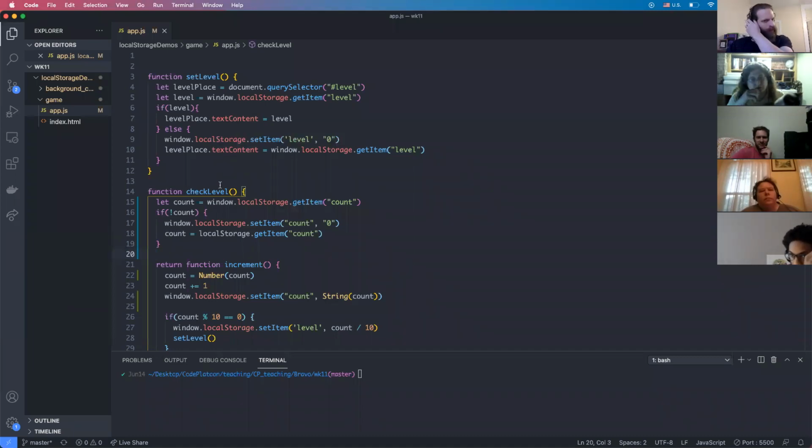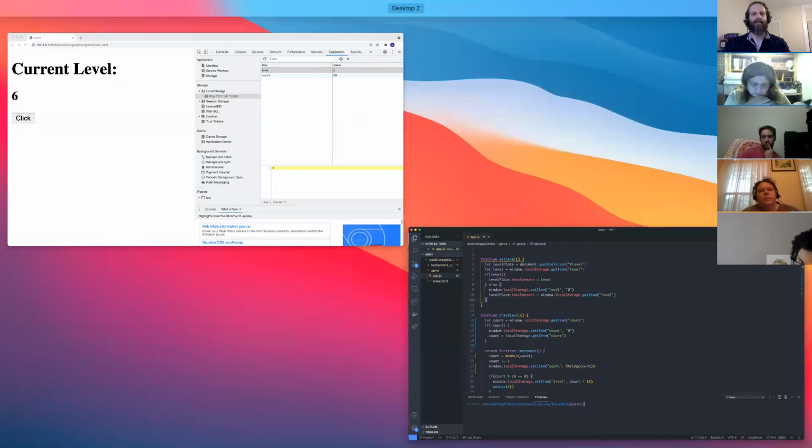So you can play with it. It maybe seems like a complicated idea, but it's very simple to use. Basically you just do set item and get item, and then the rest is kind of logic. Are there any questions about that? Okay, let me